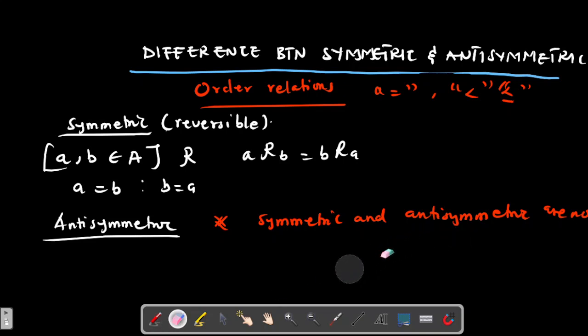So with antisymmetric, the word anti here doesn't necessarily mean that they are opposite. It's one thing that confuses students a lot: once I hear symmetric and now you're talking about antisymmetric, then it means that they are opposite, but that is a false statement. So now what then is antisymmetric? For the same set and the same relation, if I have A relation B going into B relation A,